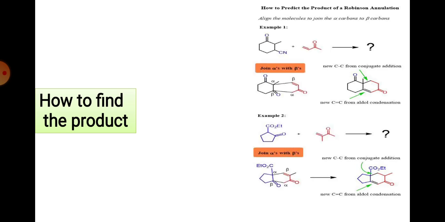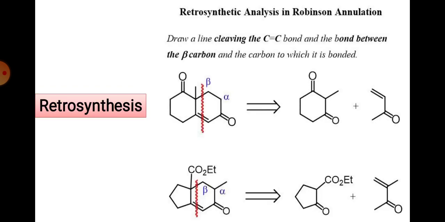How to identify the product is again very simple. Whatever the carbonyl compounds, select one of the carbonyl compounds, that will be converted to the olefin, and at that same side a ring is joined. Now we can do the retrosynthesis of that molecule. In higher level chemistry you have retrosynthesis, and from that we can identify the starting materials, which is one of the important processes. Look at this one, the double bond will be cleaved here, so you get the synthon, and after that the synthetic equivalent, and finally you get the starting materials. So you can do the retrosynthesis also. By this process we can identify that.